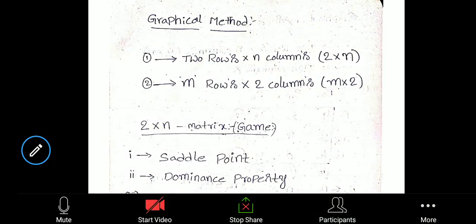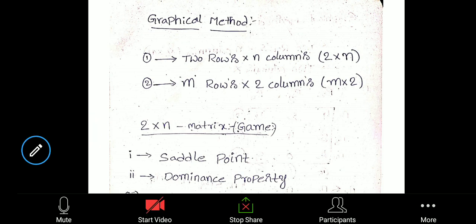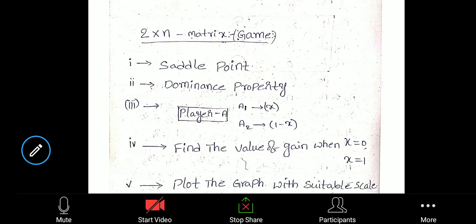Hello everyone. Next will be the graphical method in game theory. It will be applicable for 2 rows and n columns, or m rows and 2 columns. For this, some procedure will be there. Here, the first step is finding the saddle point. If the saddle point is not obtained, we will